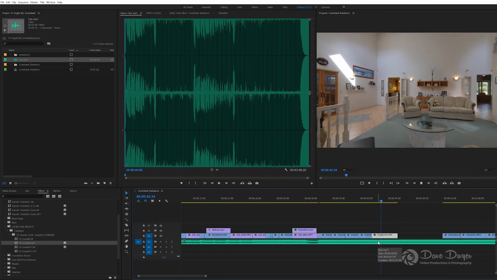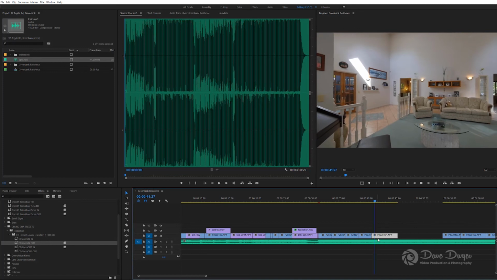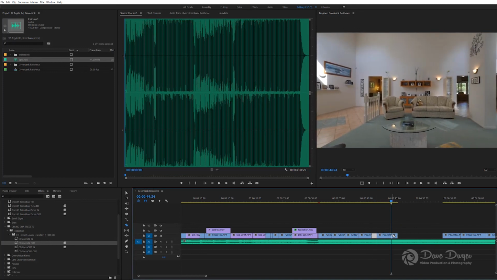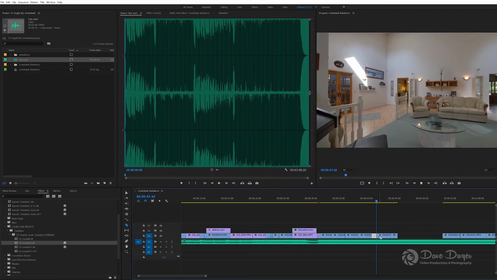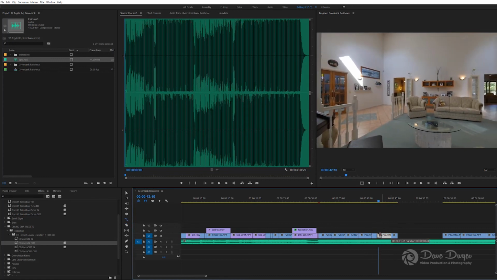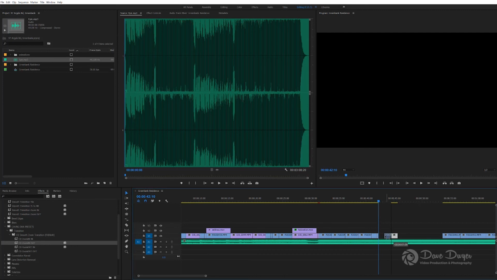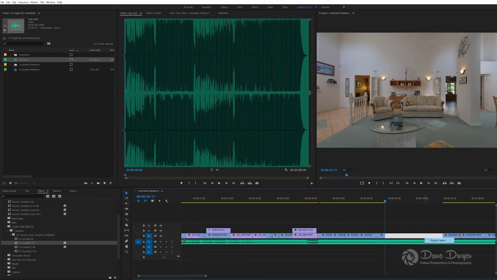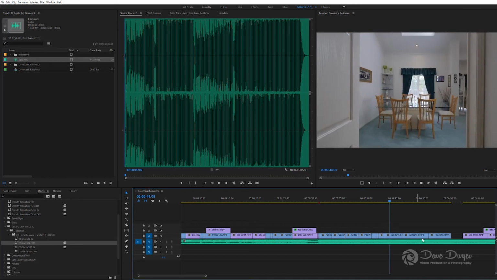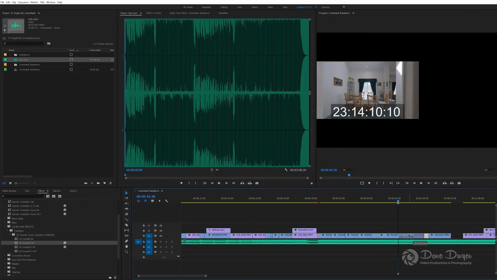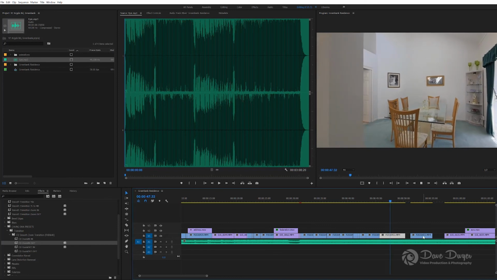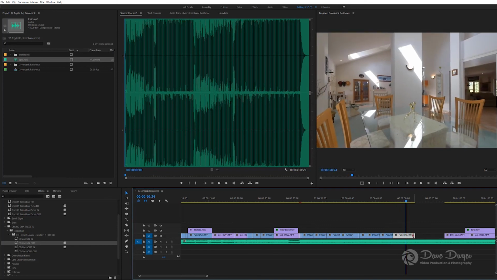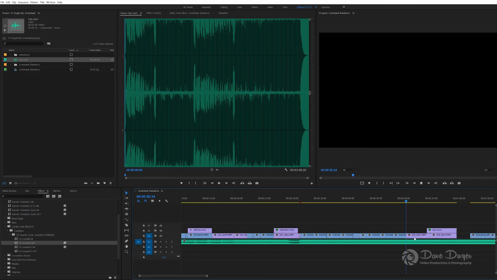I'm going to put another speed ramp in on this particular clip. So I cut where I want it to start, and then I cut on the footage where I want the speed ramping to end. R on the keyboard, drag it down to where I think it would be best placed given the timing of the music. As you can see, I'm sort of ripping through it at the moment, really just relying on the rhythm of the music to determine where the cuts are going to be placed